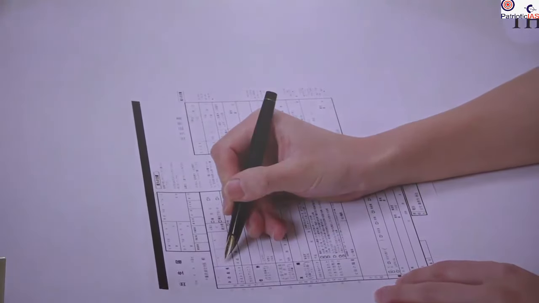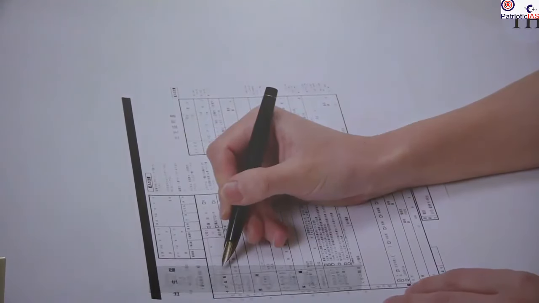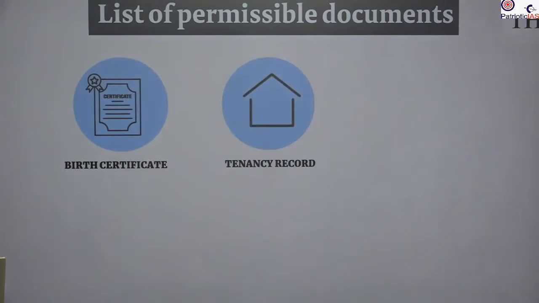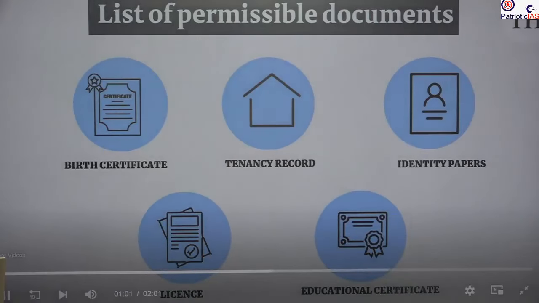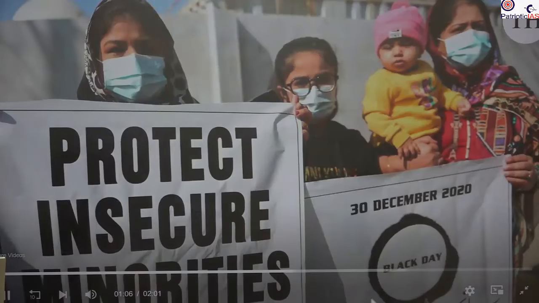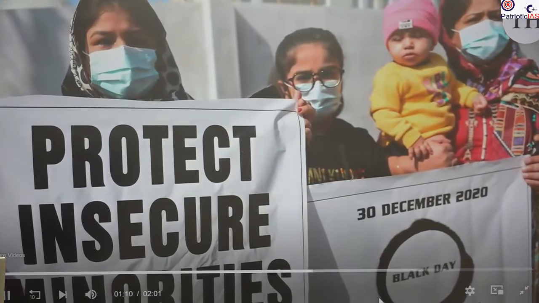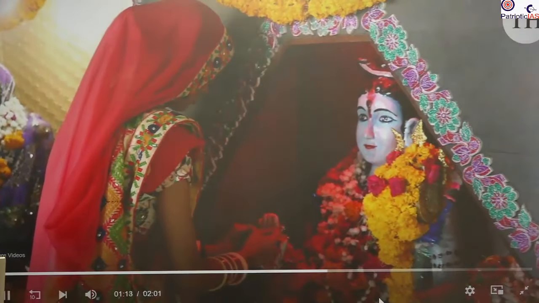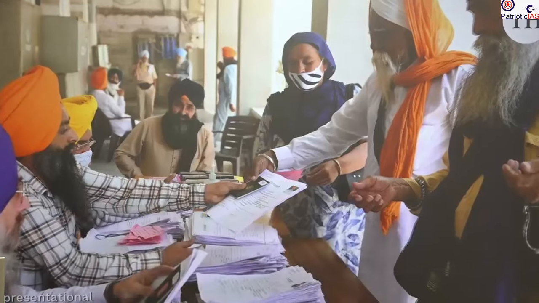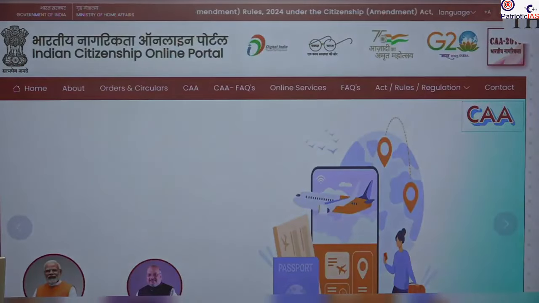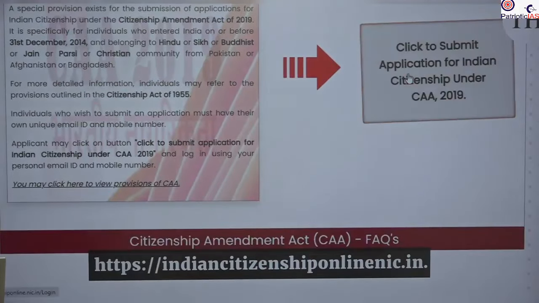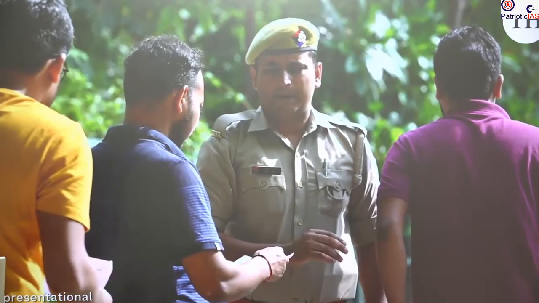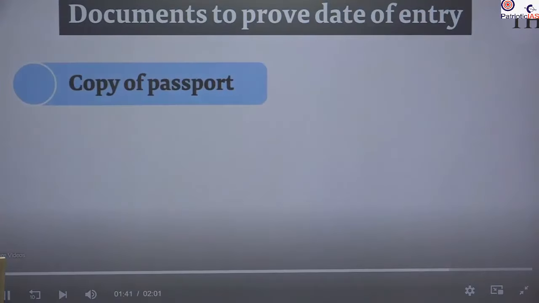Applicants will have to provide 6 types of documents and specify quote-unquote date of entry in India. The list of permissible documents include birth certificate, tenancy records, identity papers, any license, school or educational certificate issued by a government authority in Afghanistan and Bangladesh. The applicants will have to produce an eligibility certificate issued by a locally reputed community institution confirming that he or she belongs to quote-unquote Hindu or Sikh or Buddhist or Jain or Parsi or Christian community. The users will have to register on the portal. All documents along with photographs are to be uploaded online, and the applications will be processed after a background check by security agencies. To prove that the applicant seeking citizenship entered India before December 31st, 2014, they will have to provide another set of documents such as